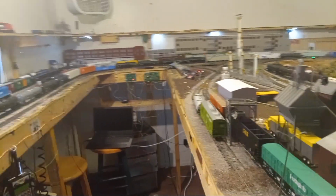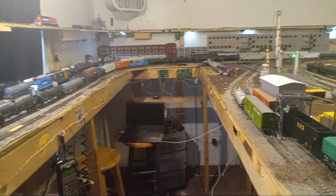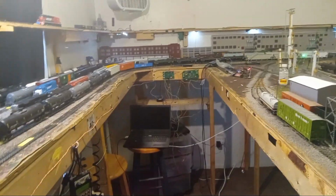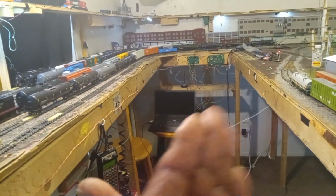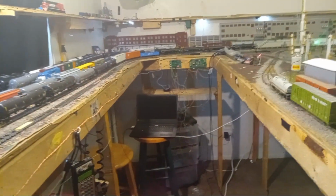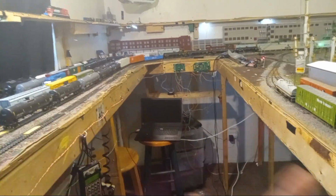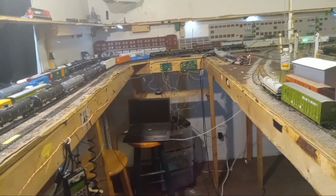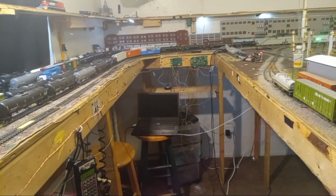finding out that with this JMRI, you can't keep the system connected. Well, let me correct myself on that. The connection from the computer, the USB port, to the Digitrax system, there is a situation whereas if you keep it on too long, you'll lose the connection between the Digitrax and the USB port. Now, be mindful, it's still showing green down there that I'm online and program is active, but